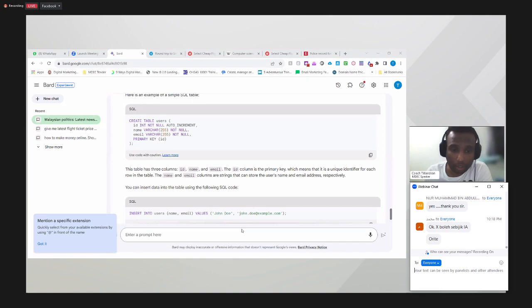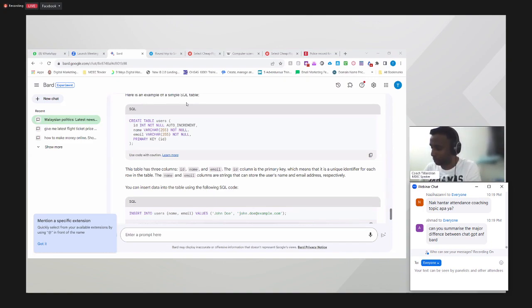Ada lagi soalan ni. Attendance link. I don't have the attendance link. I was not told any attendance link. Tak apa, sekejap.